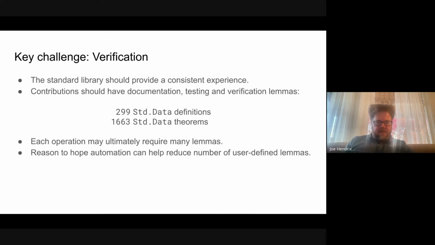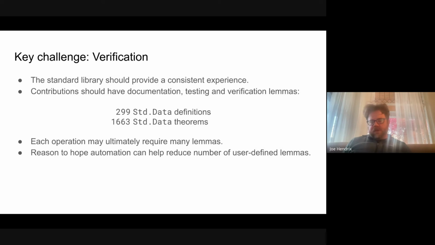I've said this already, I think, but one of the key things about the standard library, since we are designing for verification, is that we do need to include lots of theorems. So if you're thinking, here's an operation I have, I think it'd be useful to people, you should think about what theorems you want to have for it, and decide, once you add all the theorems you need, whether that's really a small contribution or a much larger one. Right now, for example, we have a little over a 5x overhead in terms of theorems versus definitions, just in the data module, which is where the theorems are most relevant.